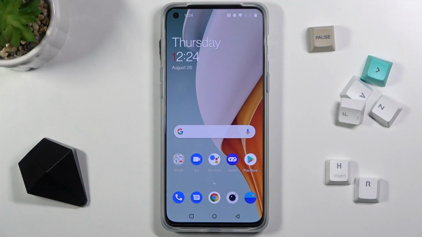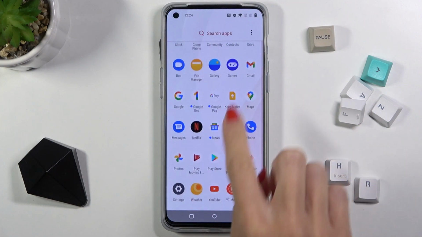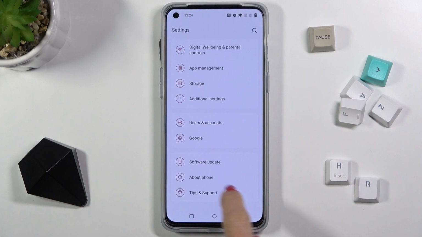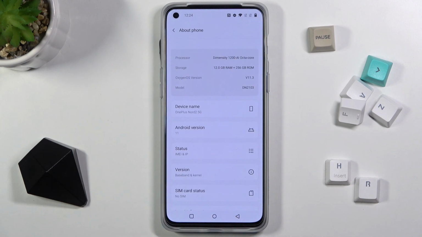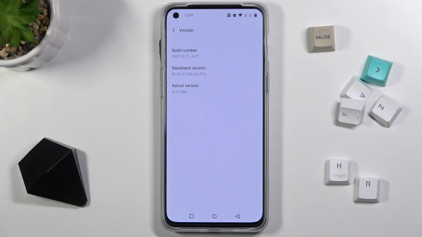In front of me is OnePlus Nord 5G, and let me show you how to activate developer mode on this device. So first of all, just open the settings, then find and select About Phone, and now click on Version. Here you will notice build number, so just tap on it 7 times,